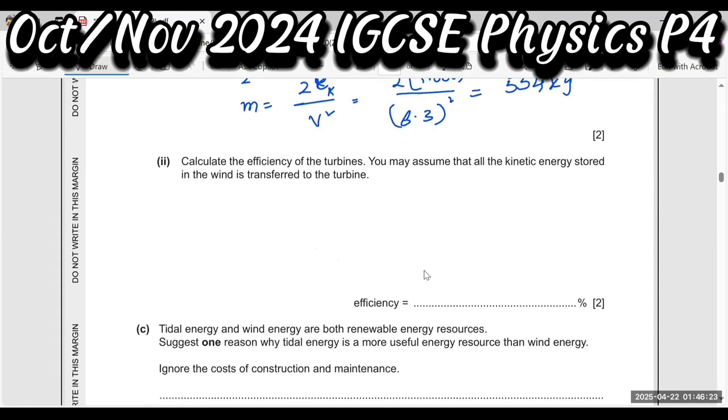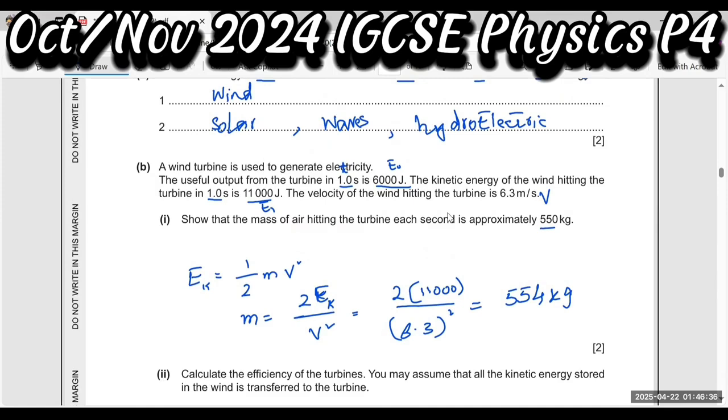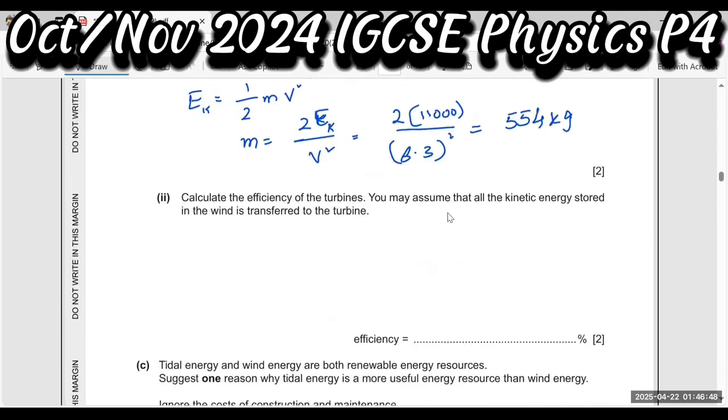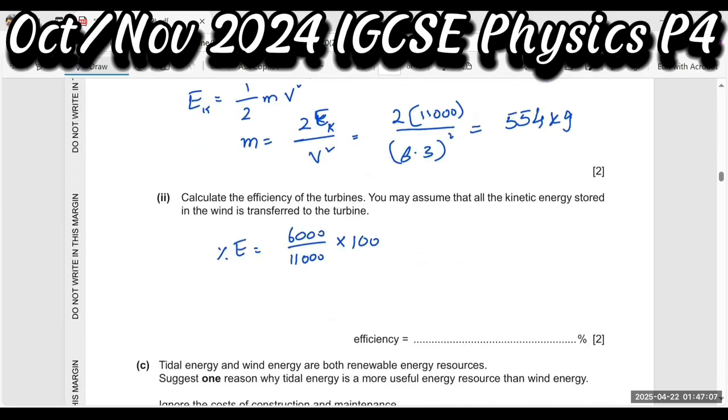Calculate the efficiency of the turbine. You know what is the efficiency? Efficiency is always output over input. Useful output energy divided by input energy, and output energy is always less than the input energy. Some students confuse which one is output, which one is input. Output can never be greater than the input. So obviously 6,000 is less than 11,000. So 6,000 is output energy and 11,000 is input energy. Whenever you solve this, you will get 55%